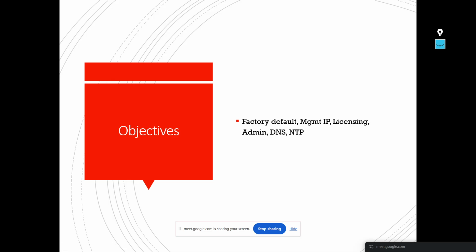Okay. So factory default, what does it mean? Factory default means, when we are going to any shop, let's suppose